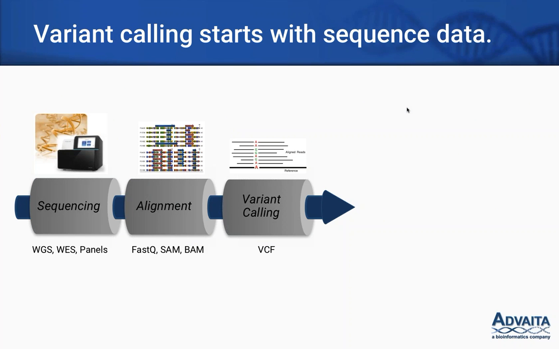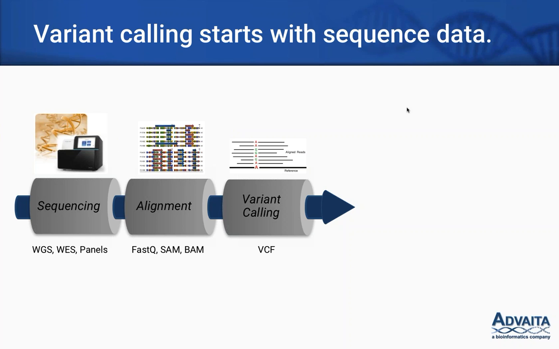Before we can annotate them, you must identify the variants in your sample. And this begins with sequencing of whole genome, whole exome, or sequencing gene panels. Once the reads come off a sequencer, they are aligned to generate a consensus sequence. And this is what's compared to a reference genome assembly by the variant calling algorithm. All of the places that differ from the reference are listed in a variant call file, which is the input